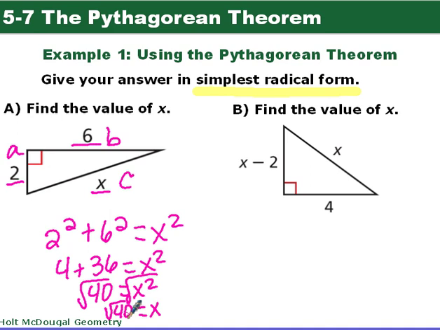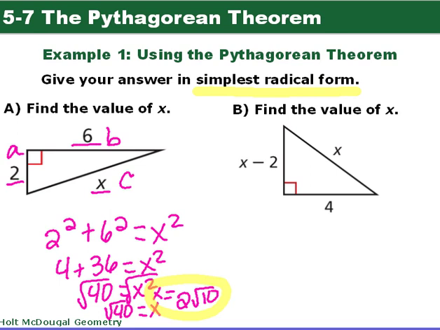But now 40 has a perfect square. It's a factor. Happens to be 4. Square root of 4 is 2. So we get 2 square root 10. And that's what our x will equal. Kind of squished it in there. So x equals 2 square root 10. Simplest radical form. For our next one,